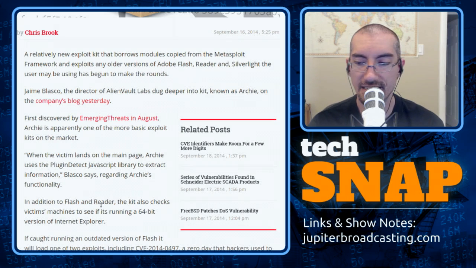Yeah, it's a relatively new exploit. I don't know that Microsoft has a fix for that one available yet. It looks like somebody based it off the Metasploit framework that exploited earlier versions of Adobe Flash, Reader, and Silverlight. So maybe they're targeting people that still haven't patched. Silverlight will come in through your Windows updates, and hopefully you're already patched. Or they've based it on that and just found a slightly different way to exploit that breaks the fix or gets around the fix. They have a few descriptions of how they do it. Yeah, it looks like crap.